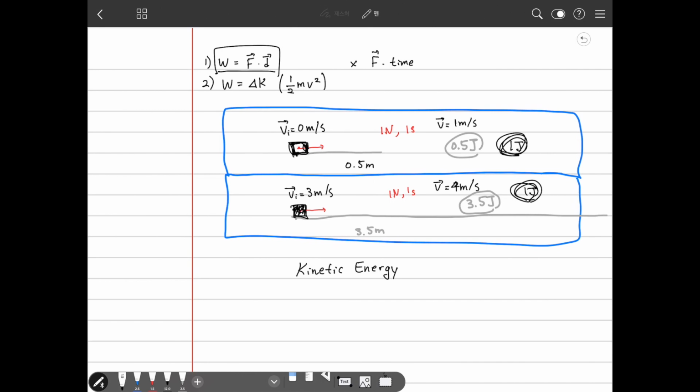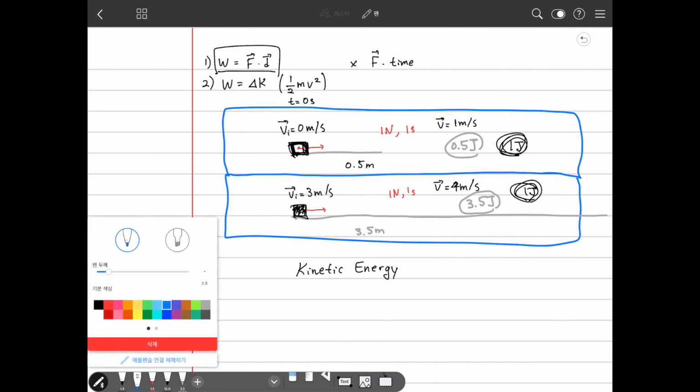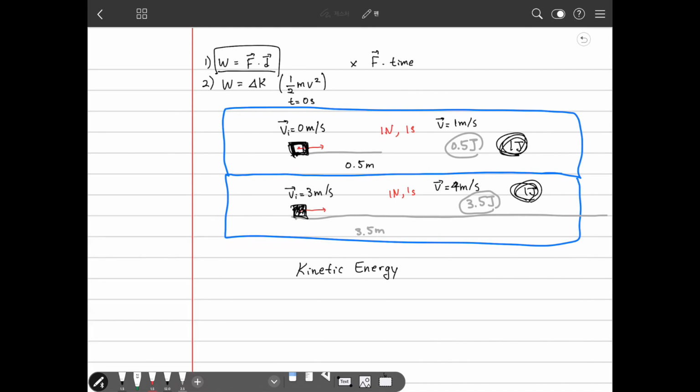In the case of the white block, when t equals 0 seconds, initially, let's choose the green color, the initial kinetic energy is, since the velocity is 0, the kinetic energy is 0. And the final kinetic energy is